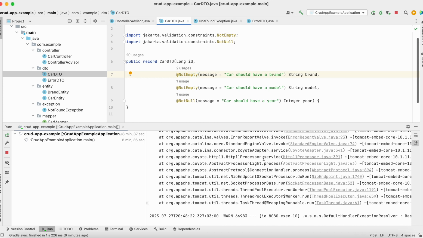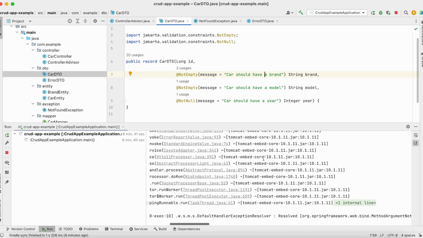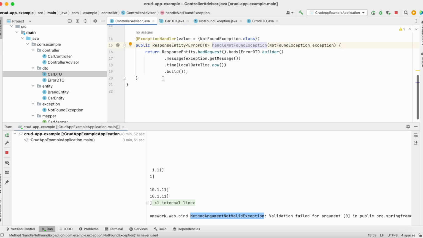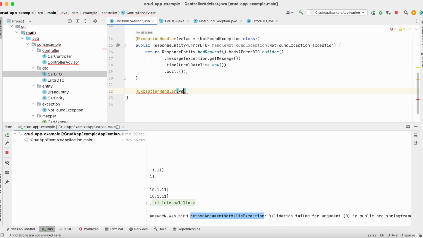So we want to check which exception we need to override. As you can see, we have MethodArgumentNotValidException, and that's exactly the same exception we want to override. So we get back to the ControllerAdvisor and make exception handler value,